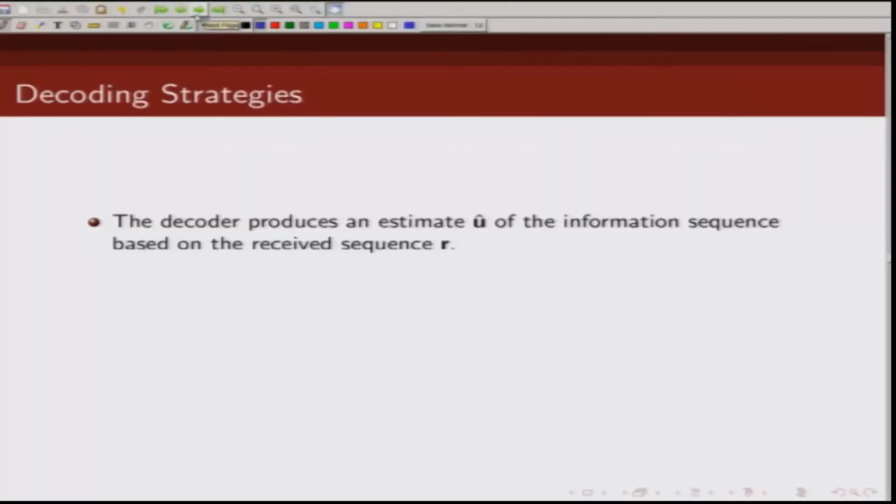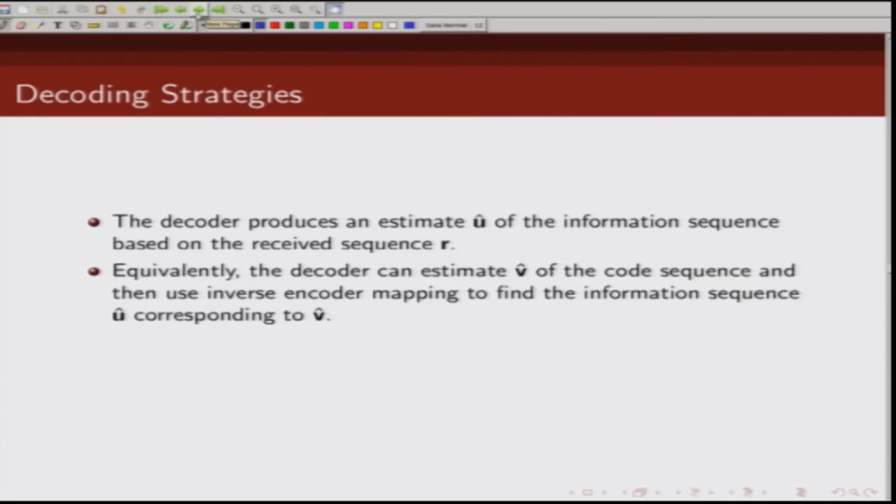So, the decoder produces an estimate of the information sequence based on what it has received as demodulated output, which is R. Now, we can say this estimation of the information sequence problem is equivalent to estimating the code sequence,